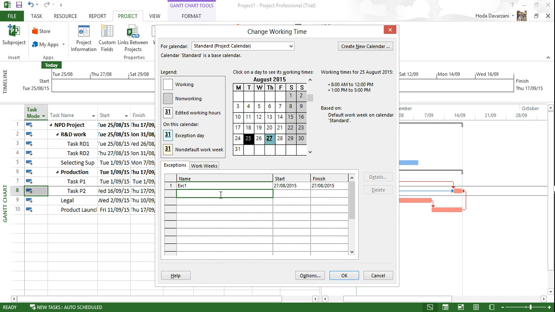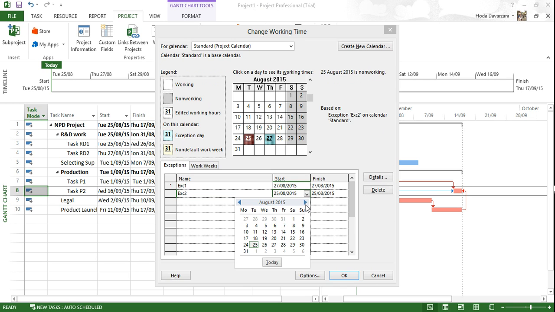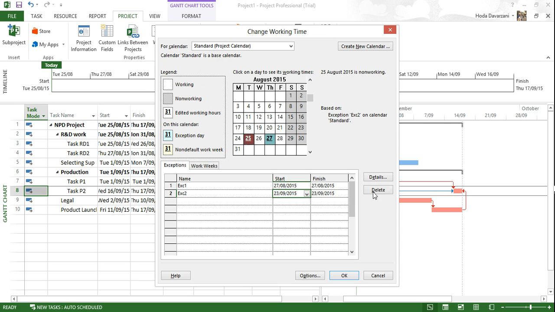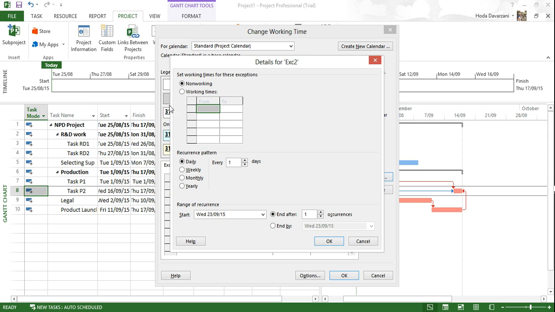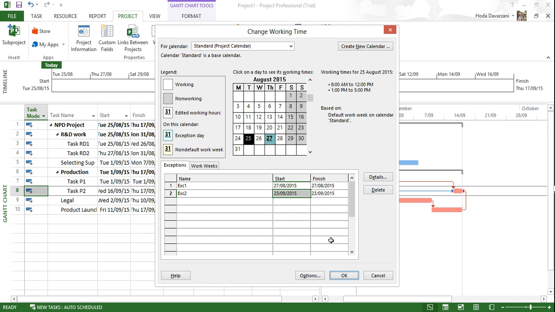Or for another day, I want to have it as a half working day. Let's say in September 23rd, I want it to be a half-day working day. So from 8 to 12, and then in the afternoon we don't have any working time. Similar thing would be also the case when we have